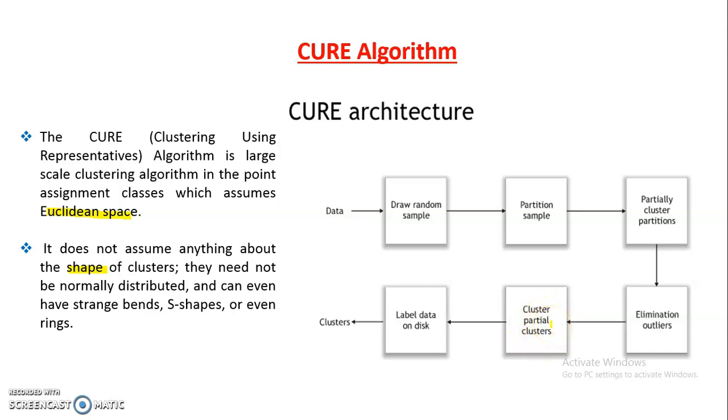Next is the partial cluster. Means we now have clusters, a partial cluster designed with the help of representative data points. Now what we need to do is assign the clusters to all data points. If we have a data point that is not assigned to a cluster, we need to check the best cluster for that data point. So we need to do the clustering for all data points. Label data on disk. So we label the data, means cluster 1, cluster 2, cluster 3, and which data points belong to which cluster. We need to do this labeling. So now we have the final clusters.